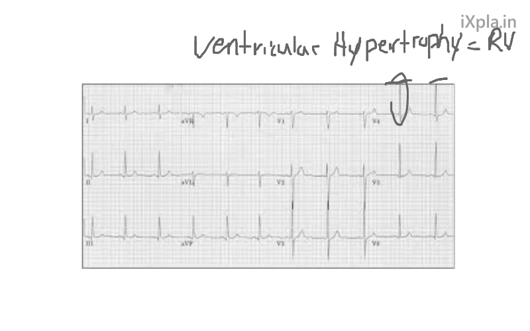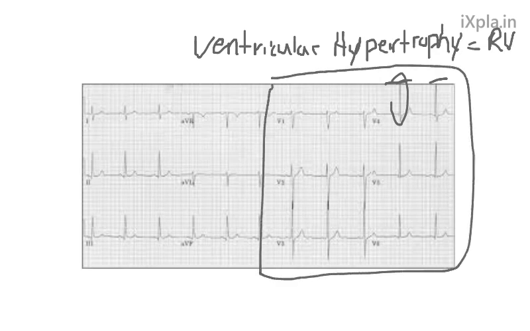A transition zone means you look at V1 to V6, so you look over here. The way these precordial leads are oriented, R waves start small and progressively get bigger and bigger because each one's getting closer and closer to the left ventricle. So this will record a larger R wave as it gets closer to the left ventricle. And the S wave starts big and gets smaller. Now if you look here, that's what's happening. You have a small R wave, a little bit bigger, huge, and whatnot. And the S wave is